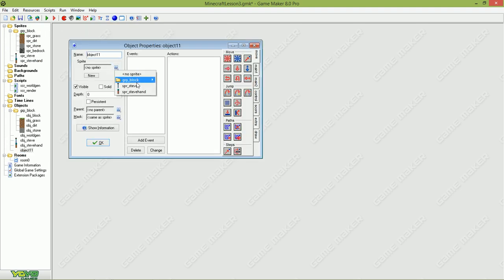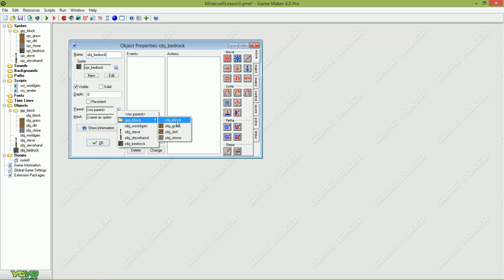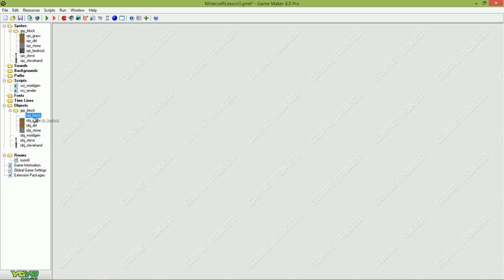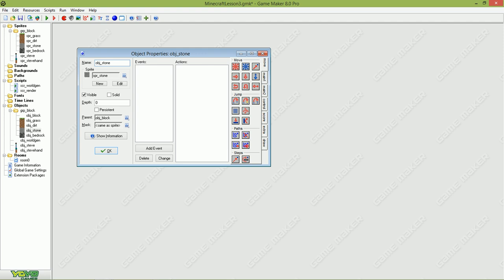Create an object, bedrock, make it parented to our block object, put it in here, and then for the stone we get